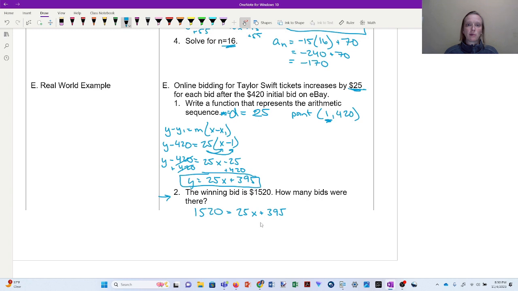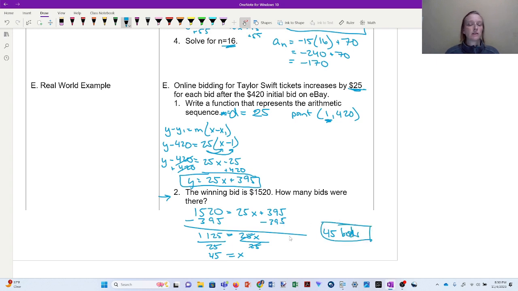We go in reverse PEMDAS order, so I'll subtract 395 from both sides of the equation. And on the left side, I get 1,125. And on the right side, I get 25x. So now I divide both sides by 25 to get x all by itself. And I get that x equals 45. So I know that there were 45 bids to get those